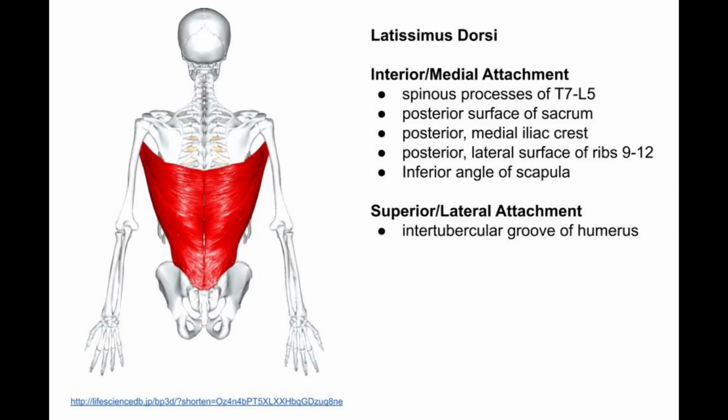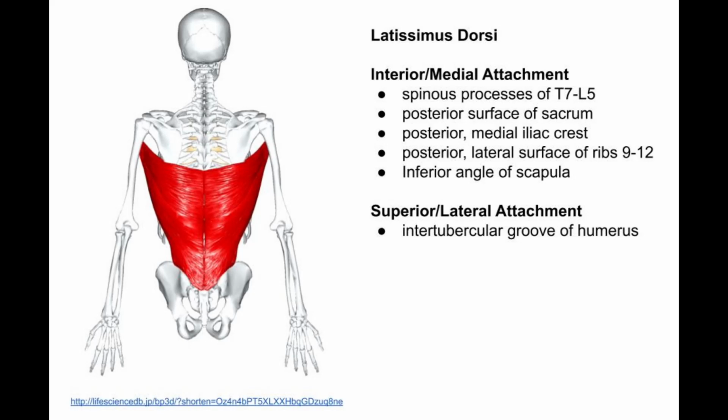And our last muscle in this group is latissimus dorsi, and this goes from the sacrum all the way to the humerus. So it's going to have several actions, as it can act on the spine, the AC and SC joints, and the GH joint. So for attachments inferiorly and medially, it attaches to the spinous processes of T7 to L5,